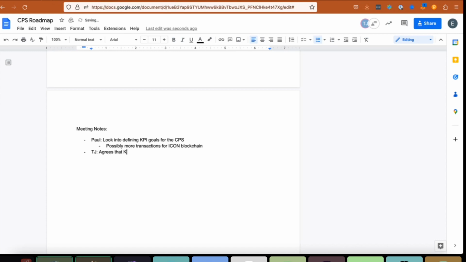So I think it goes back to Paul's original point: having a clear vision of what the CPS wants to be funding and supporting is probably the most important thing before we decide how to structure the platform to support that.